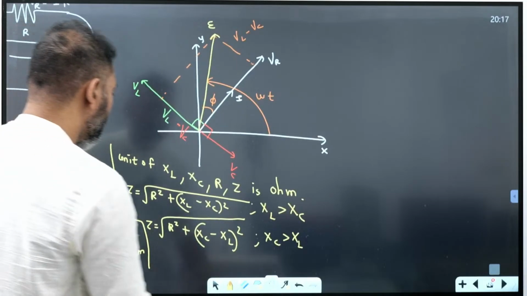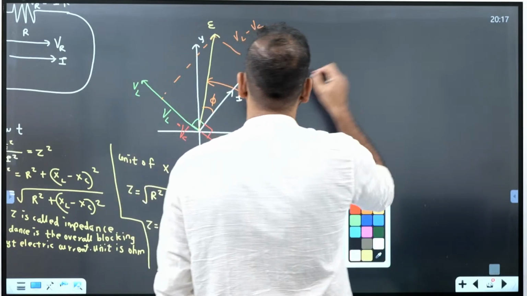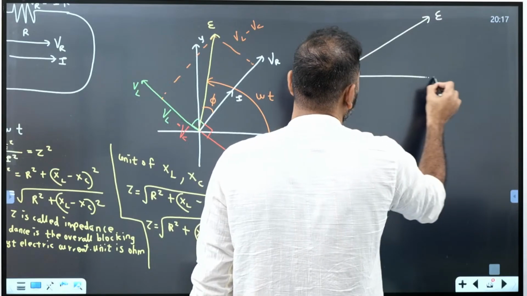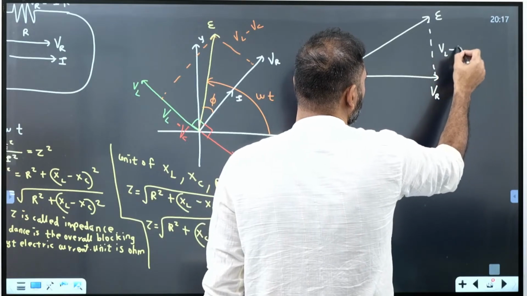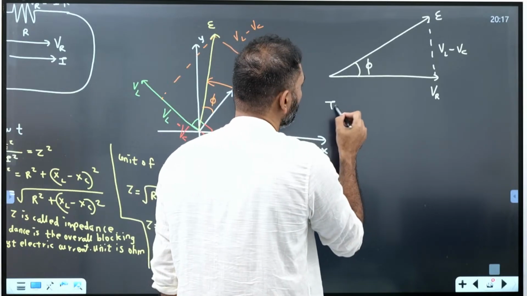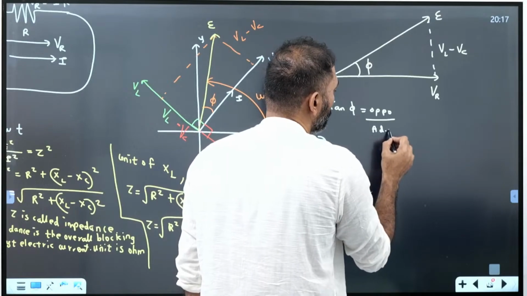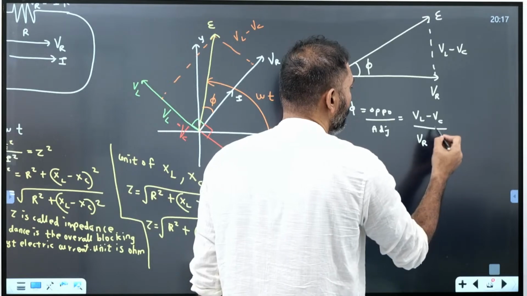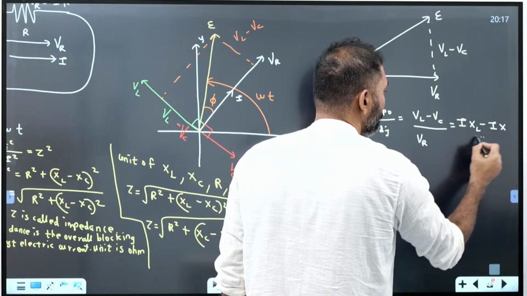Now, I am considering this triangle. I am drawing this triangle separately. This is the EMF. This is the voltage across the resistor. And this side is VL minus VC. And this is phi. So what is tan phi? Tan phi is equal to opposite side by adjacent side. What is the opposite side? VL minus VC. What is the adjacent side? VR. What is VL? I XL. What is VC? I XC. And what is